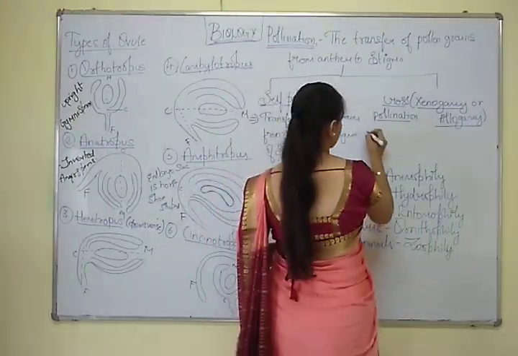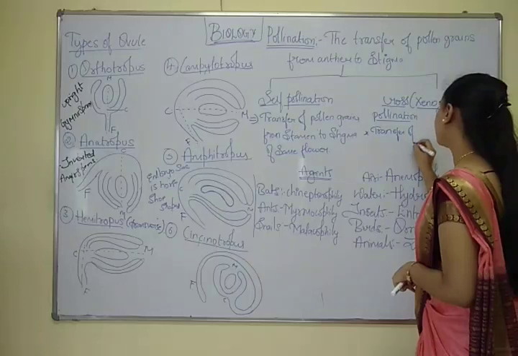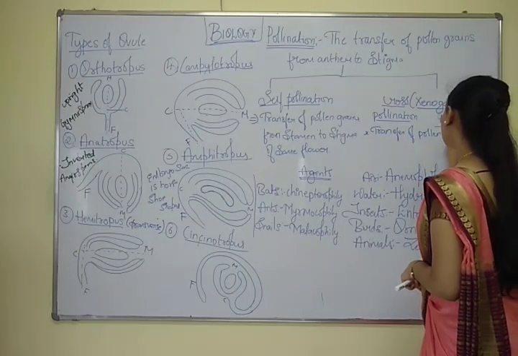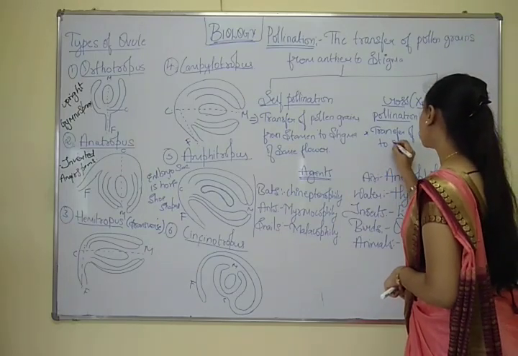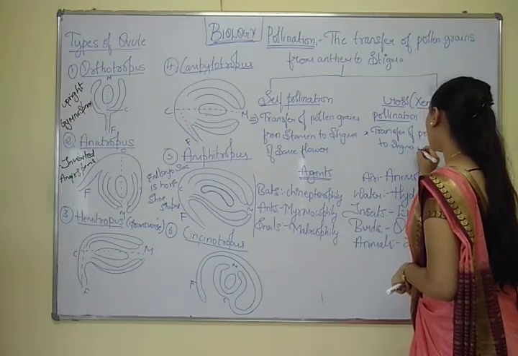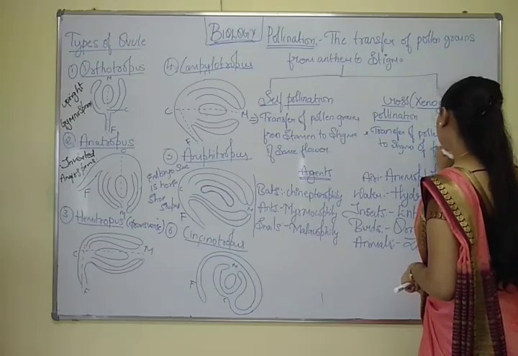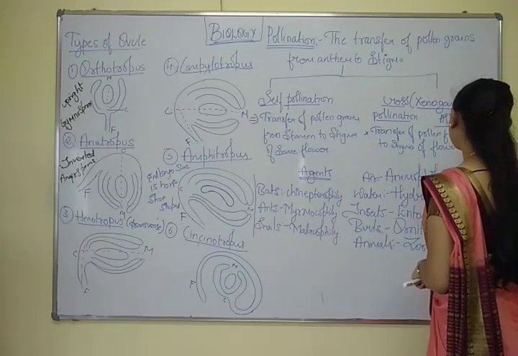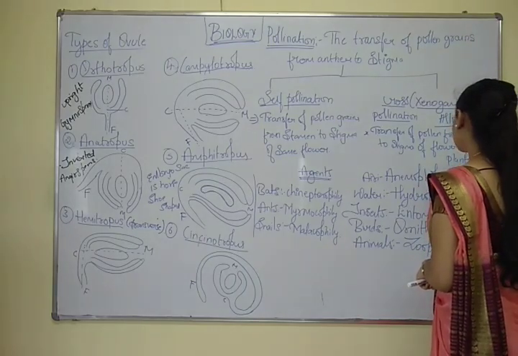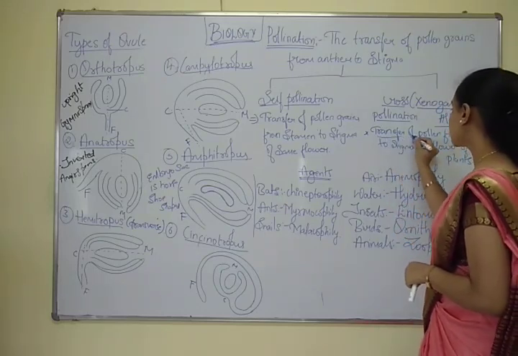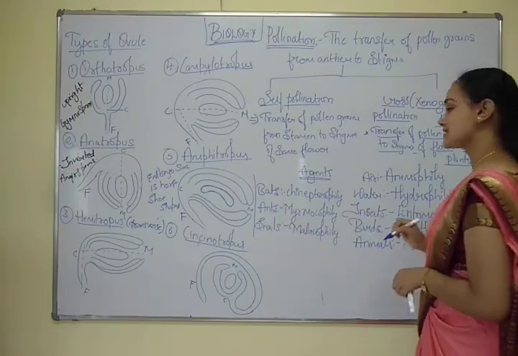So here let's see the definition. The transfer of pollen grains from stamen to stigma of a flower of a different plant is called cross-pollination. Okay, transfer of pollen from stamen to stigma of a flower of a different plant is called